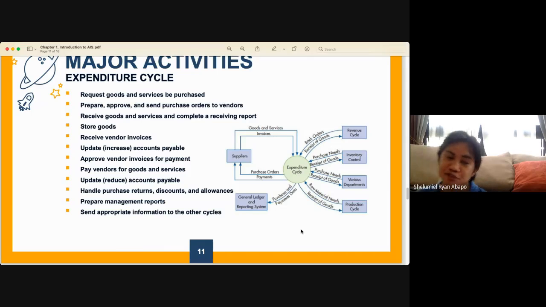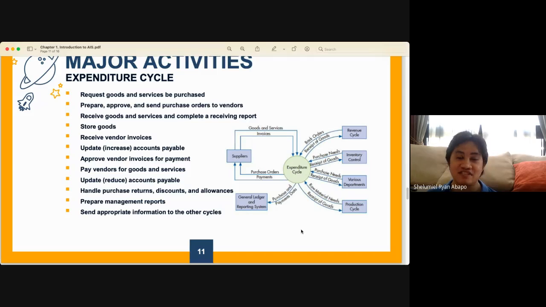Kasi class, ang purchase order it will require now the name of the vendor, the date of the transaction, the items ordered. So lahat ng purchase orders na yan na ipe-prepare mo for the period, they will come from the purchase requisition slip, pero na-organize mo lang per vendor. Okay? And once the purchase orders now are prepared, they are sent now to your suppliers for their confirmation. Pag nag-confirm sa suppliers that the items are sufficient, at kaya nilang i-deliver ito, then you've actually completed already the purchase agreement. And then you basically wait for the delivery, and then you'll receive goods and services and then complete